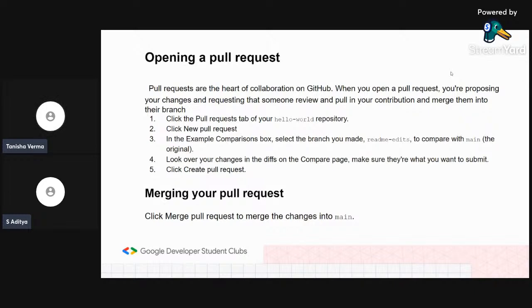As I said, branching is making a copy of the original project you want to work upon. When you have contributed to that code and you feel that your code is more efficient and better looking than the original code, you can open a pull request and ask the main person to merge your code into their branch.